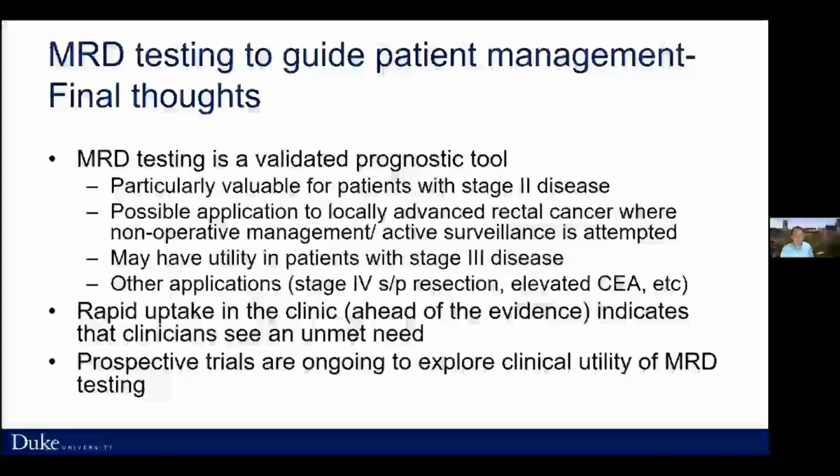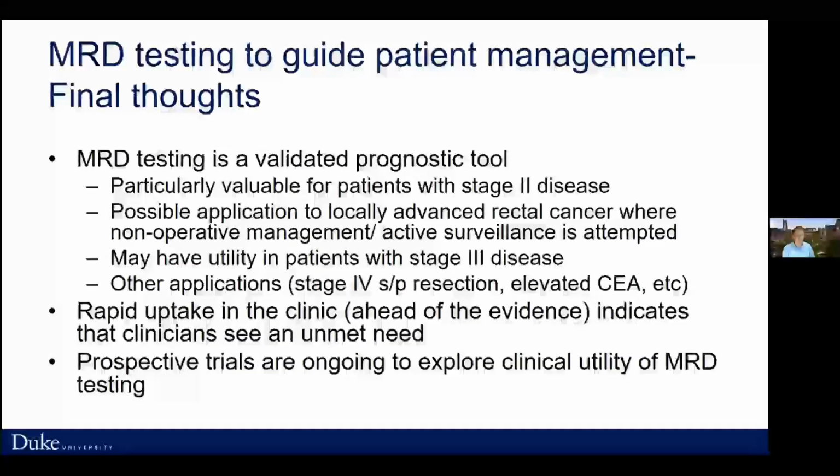It's particularly valuable for patients with stage 2 disease. That seems to be where the data is most aligned. But there may be some other niche applications like locally advanced rectal cancer where non-operative management is considered. It might have utility in the stage 3 setting to potentially avoid treatment, but we needed Circulate US to show